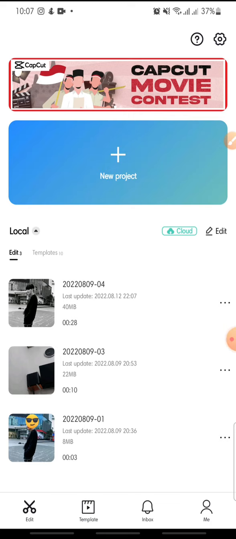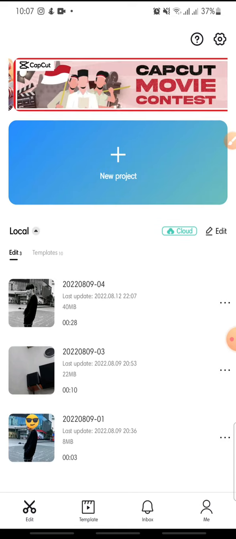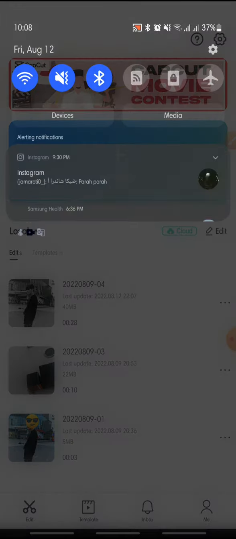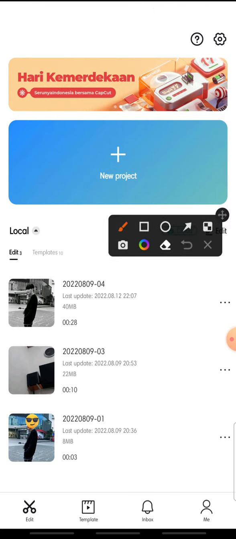In this video, I'm going to show you how to edit a vlog video on the CapCut app. Now let's get started. First, open your CapCut app, and after this, in here you just click on the template